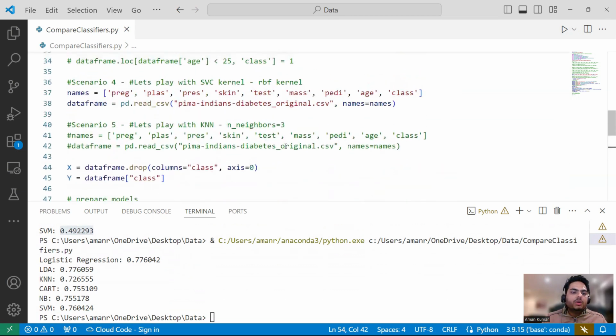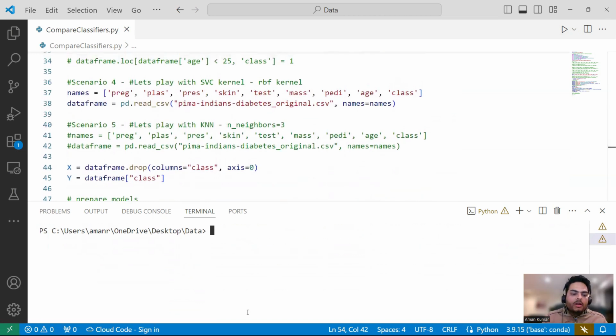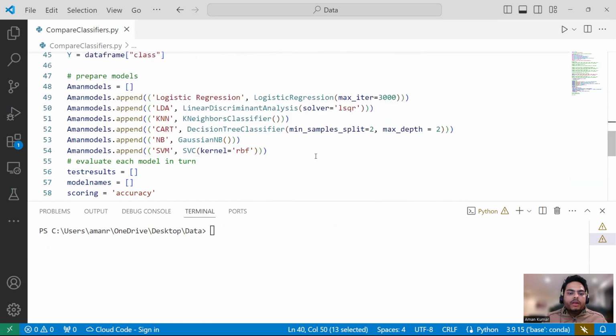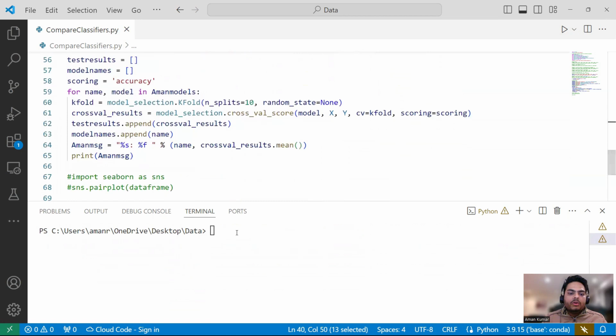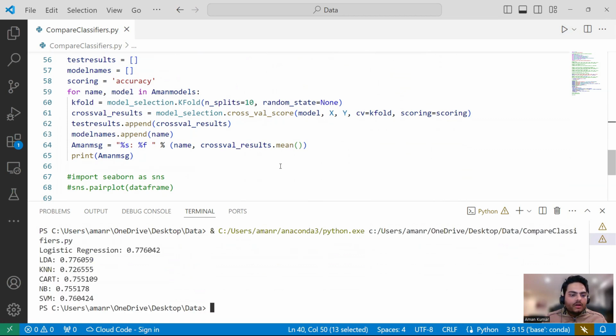And one more thing I want to cover here, guys, in the KNN model, how we can play around with the accuracy. Without any parameter, as you saw now, KNN is also near 76, 75 accuracy. Okay. So if I run this again, you will see that KNN is 72 accuracy.